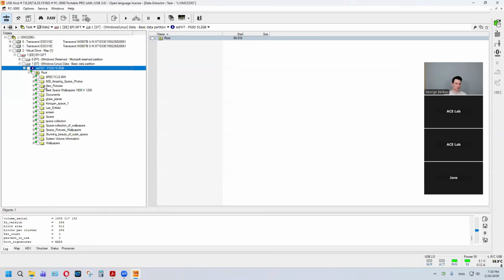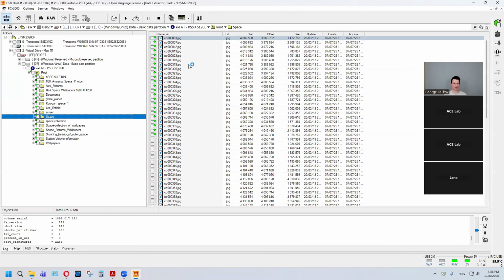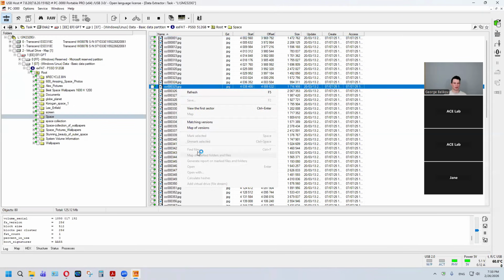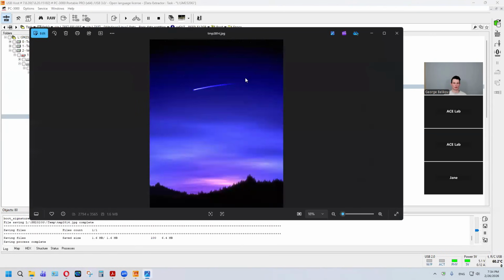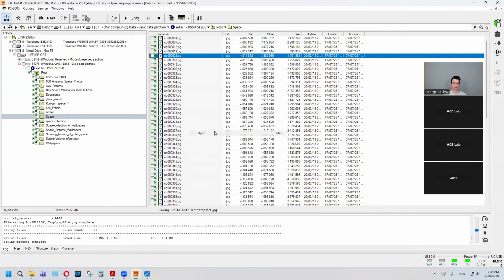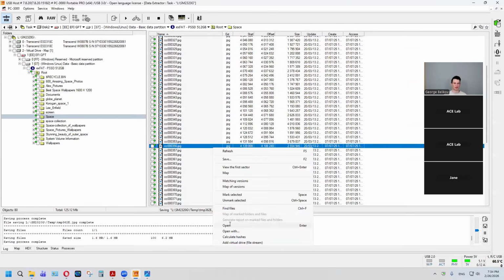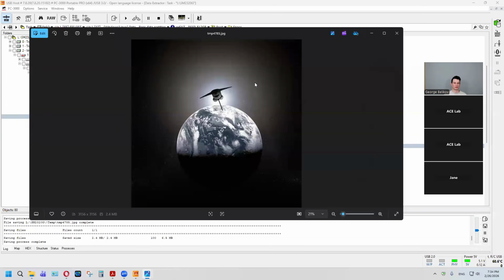But actually, we have access to the data. We can see that all our data looks green, at least right now. Let's try to open some pictures just to be sure that we have everything available for us. And from here, we can continue working with this drive. Keep in mind that